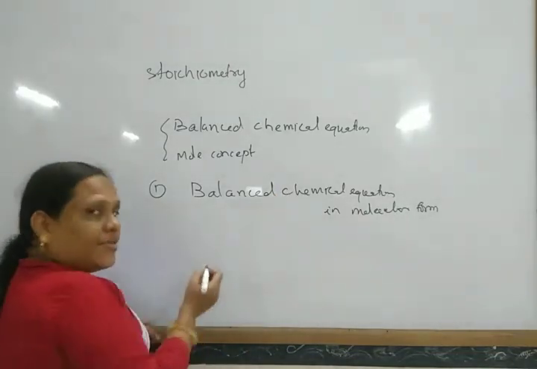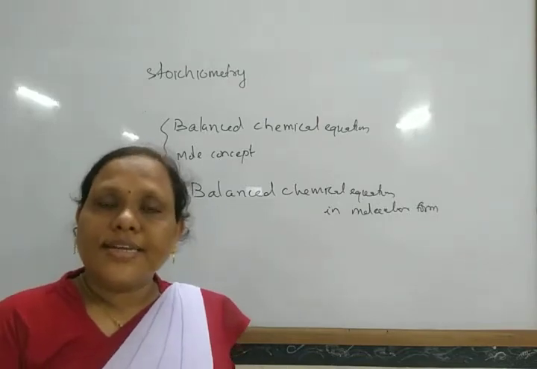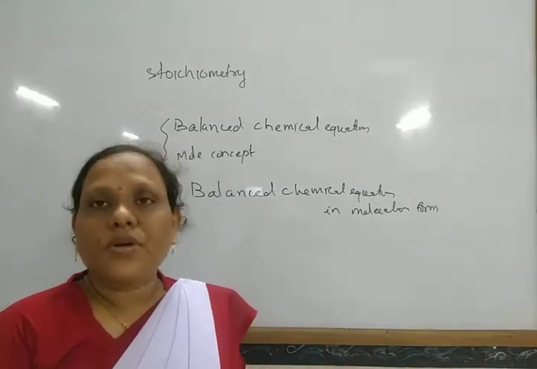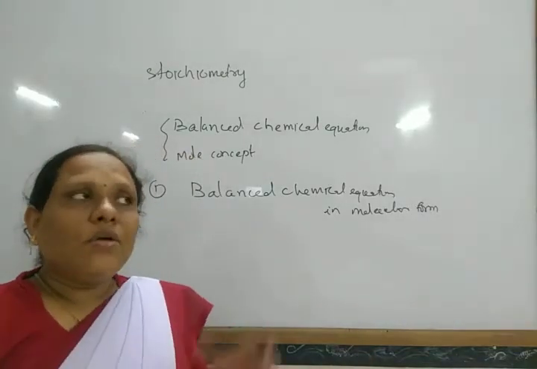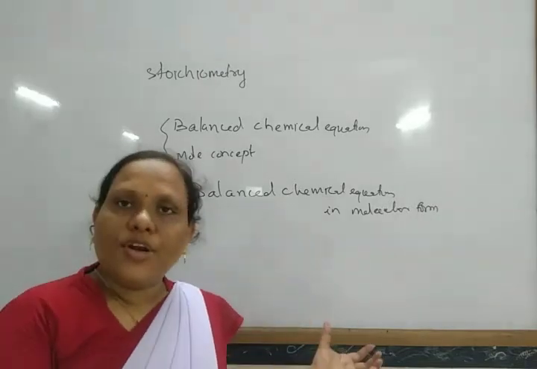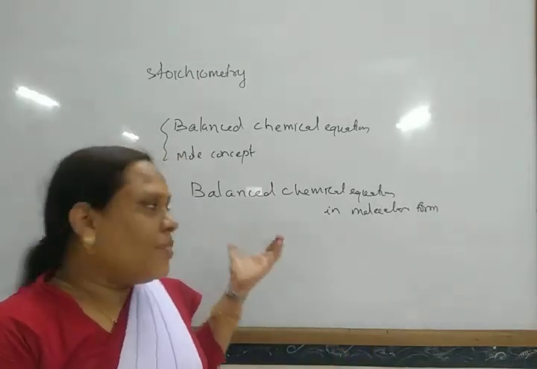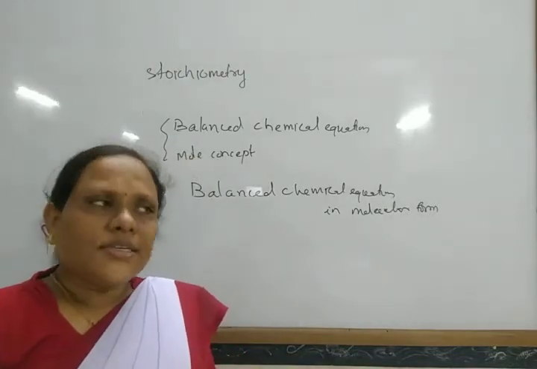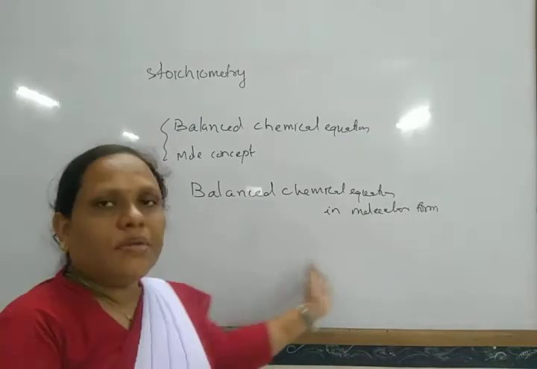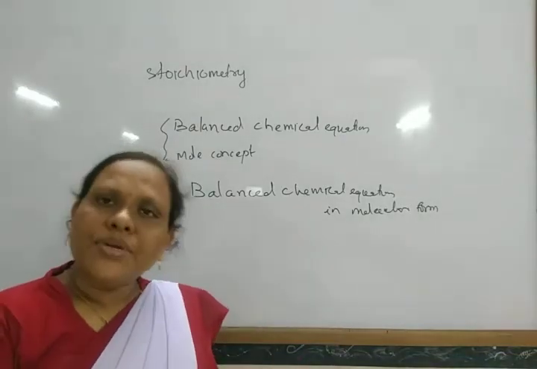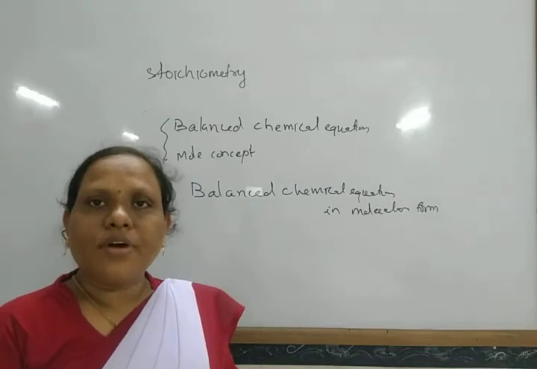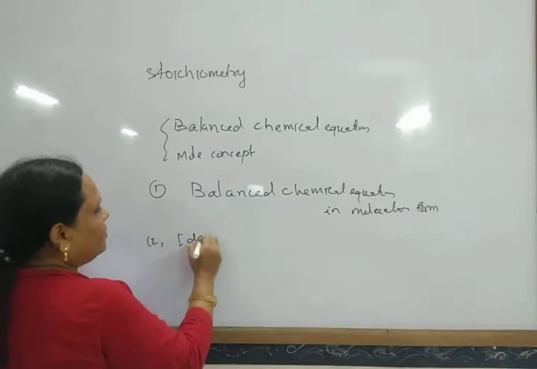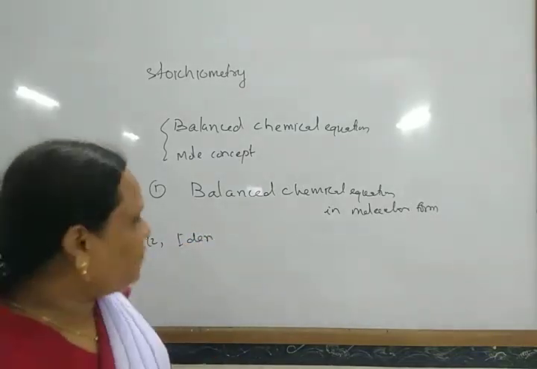Then you have to identify whether the reactants' weight is given or the products' weight is given, or the reactants' weight is asked or the products' weight is asked. Then write down the molar mass or molar volume or moles below the reactants or products. Then by solving simple mathematical calculations by the unitary method, you can solve that type of problem. So first the balanced chemical equation, next identification of reagents,